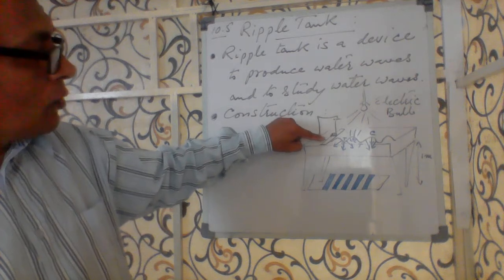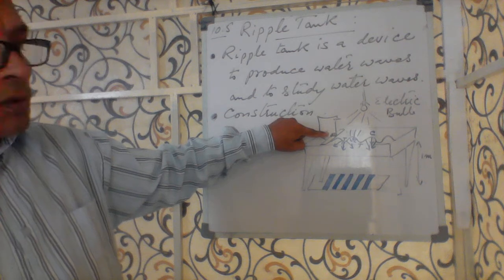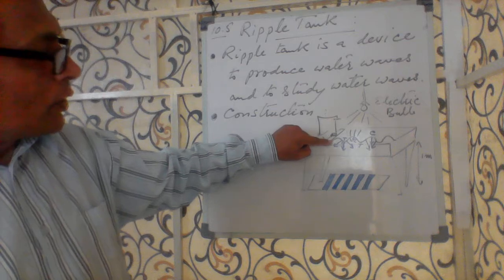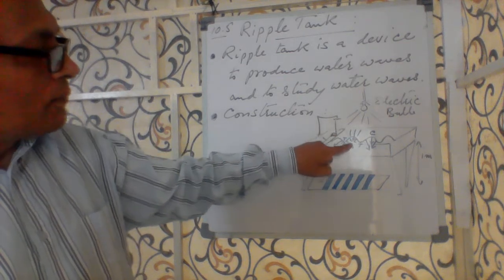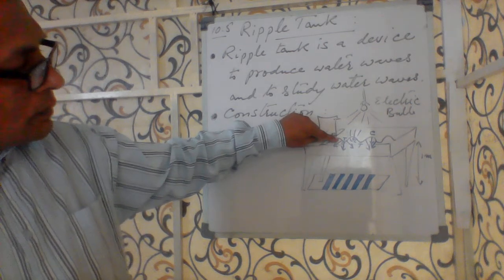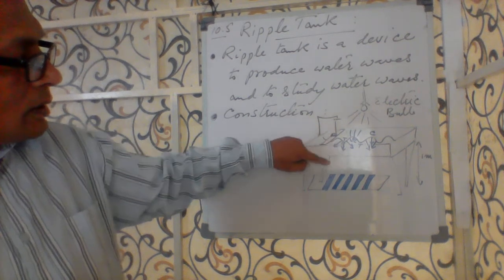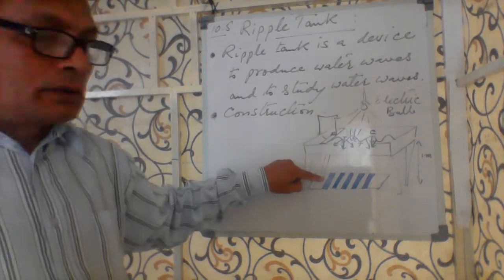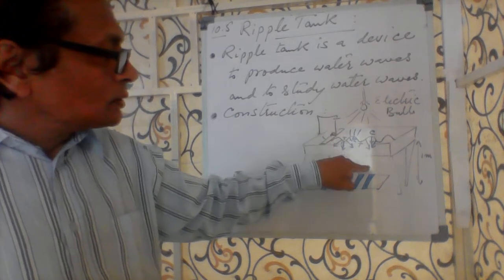How are water waves produced? Because of this motor vibrating this wooden plate on the water surface. The waves are produced on the water surface having crest and trough. The trough diverges the light rays, so we get dim light and we call it dark fringe,